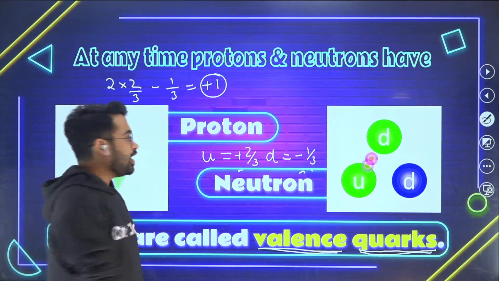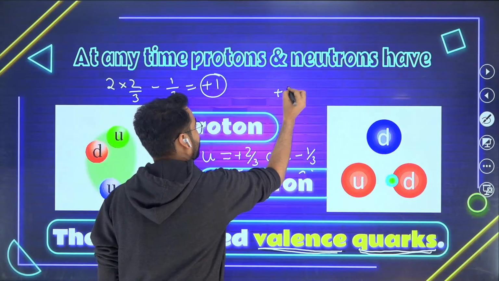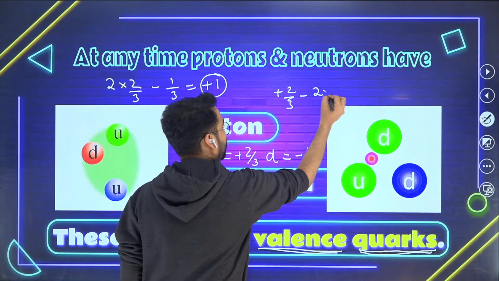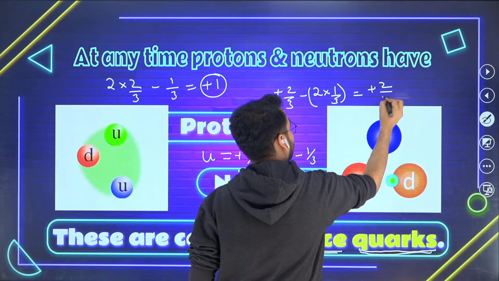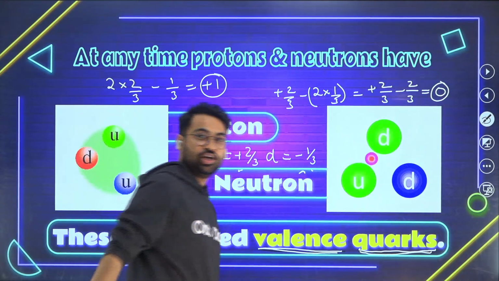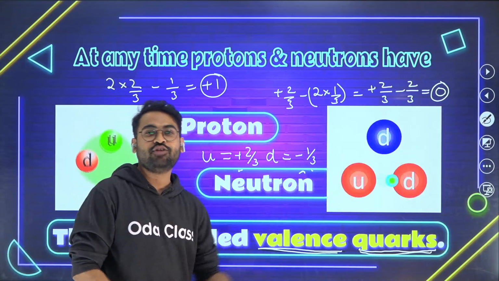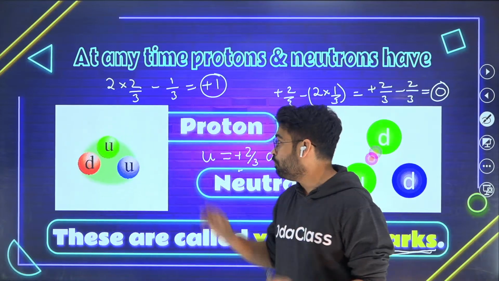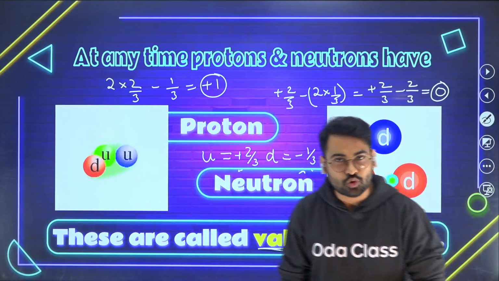तो न्यूट्रॉन कहता है जी हमारे पास 1U है एंड आई हैव 2Ds. दिस मीन्स इट हैज प्लस ऑफ 2/3 एंड देन इट हैज माइनस ऑफ 2D है, तो 2 इंटू 1/3। तो इफ यू सॉल्व दिस आउट, दिस विल बी +2/3 -2/3, और ये आ जाएगा 0। एंड यू नो दैट न्यूट्रॉन हैज नो चार्ज, इट इज चार्जलेस। वी कैन प्रूव दिस एज वेल। But again, I would like to say, do not remember that both of them have 3 quarks. Remember, they have 3 valence quarks.